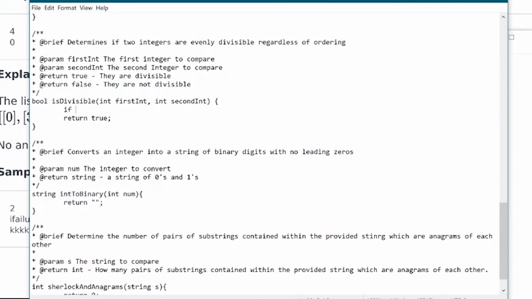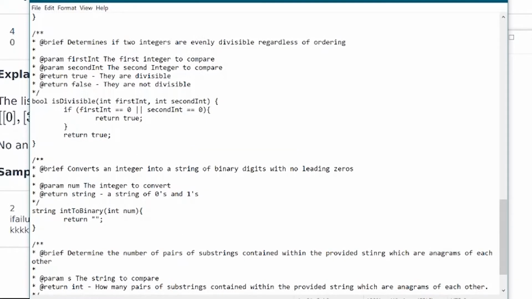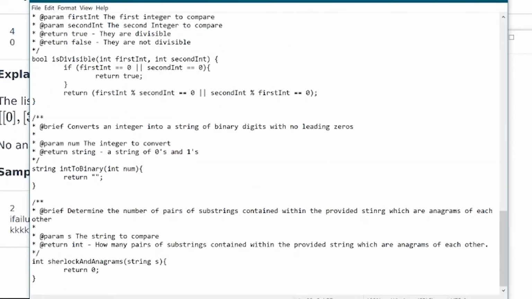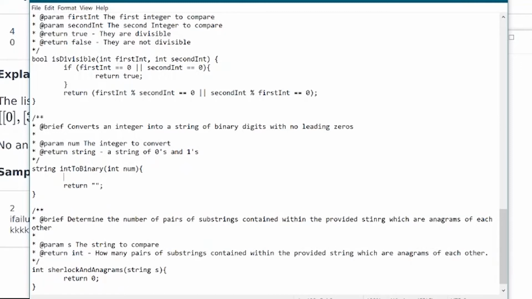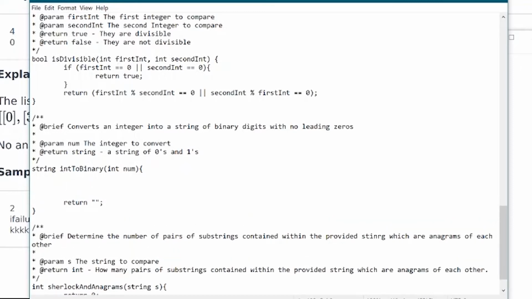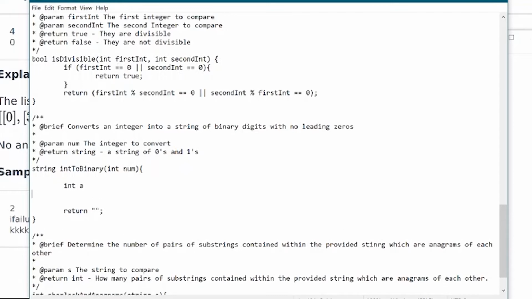So first off, we just need to say if first int is 0, or else return first int modular second int equals 0. So is divisible is good. All right, and then this one, convert into a string of binary digits. So we'll keep the return nothing at the end in case we don't have anything else to return if it provides an invalid argument. So we're going to actually make this a quick recursive function. So we'll just start with an int and